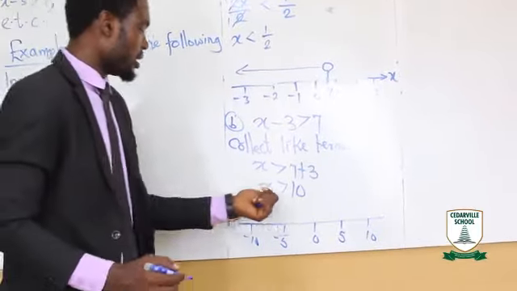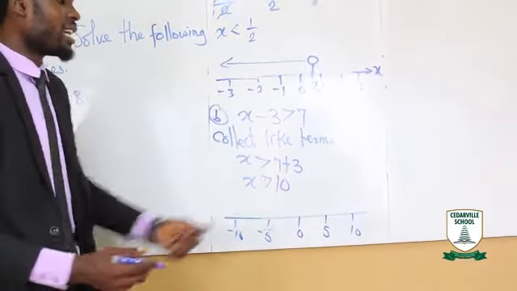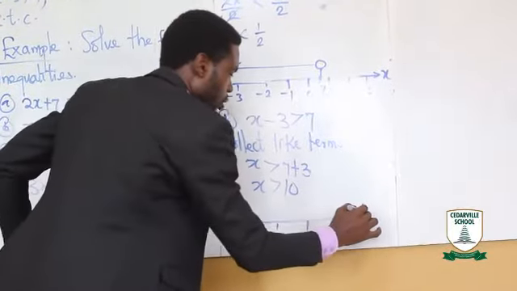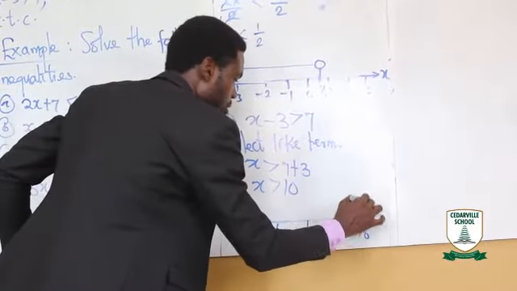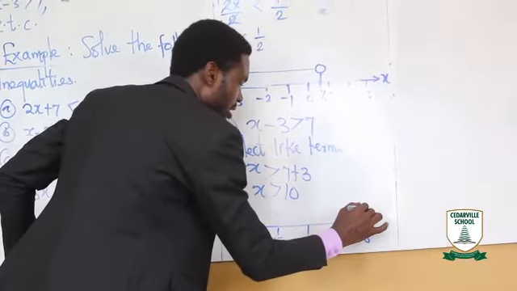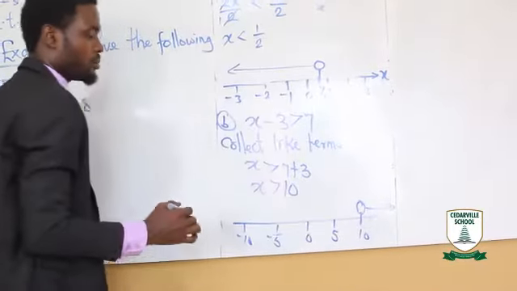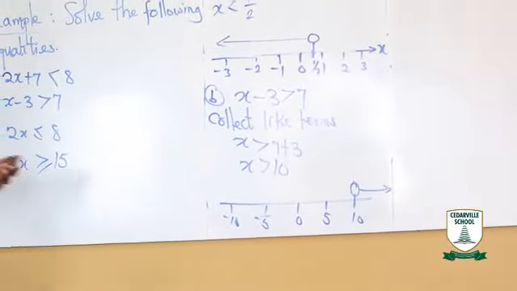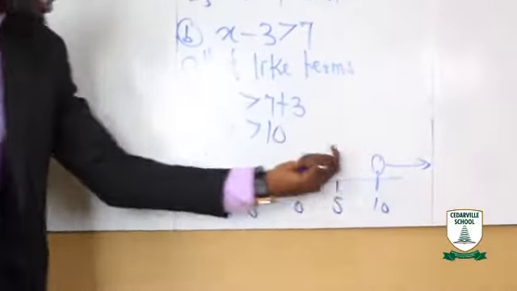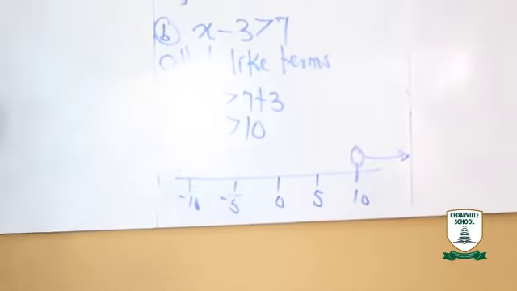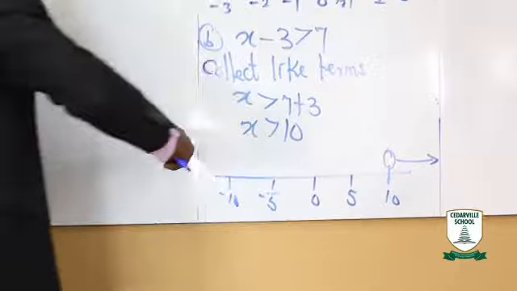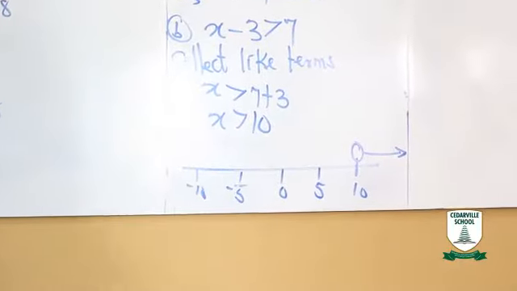What's the next thing? The symbol. This is greater than, your right hand, meaning it is going forward. So, I'll draw a line up, draw my circle like this, and put the arrow this way, because it is greater than. That's simple. If it is less than, that means it will be facing backward, which is your left hand side. Left hand side is less than, while the right hand side is the greater than.